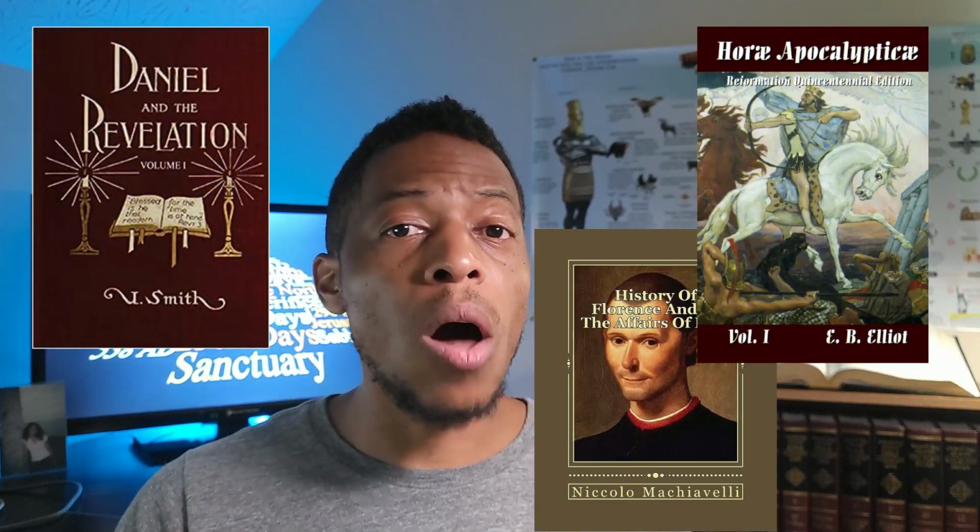And the reason why it's difficult to pinpoint these 10 Germanic tribes is because when we look at the history of these Germanic tribes that invaded Rome, there were often divisions, there were often allegiances, there were often tribal takeovers. And that's why almost every scholar who holds the position that these 10 toes were 10 Germanic tribes has a different list of who they say the 10 Germanic tribes are. And that's because there doesn't appear to be a time in history where Rome was divided into 10 divisions, let alone 10 divisions that were aligned with the papacy.